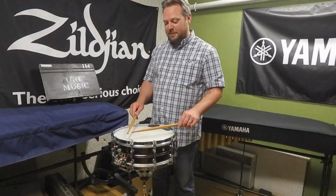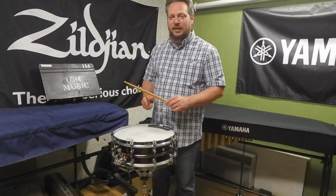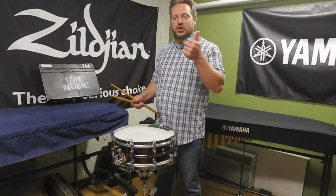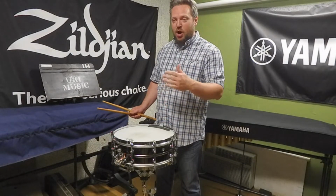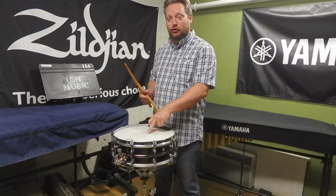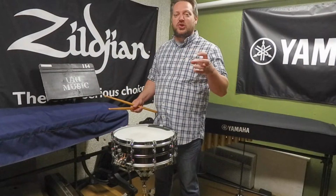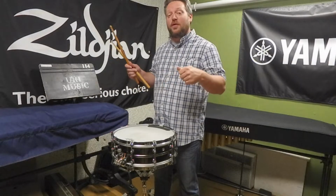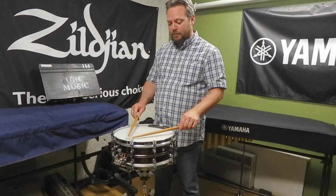All right, so there's my hand speed. Lots of buzzes in each stroke. Then as you gradually crescendo, you're going to speed up your hand speed, and then past a certain point, I can't identify it quantitatively. It's going to happen for everybody a little bit differently based on your hands and your drum and your sticks. As you get louder, you want to reduce the number of buzzes that you're getting per stroke so that you don't choke off the drum, since you're putting more force into it with volume, right? So you don't want to, so if I start slow here,